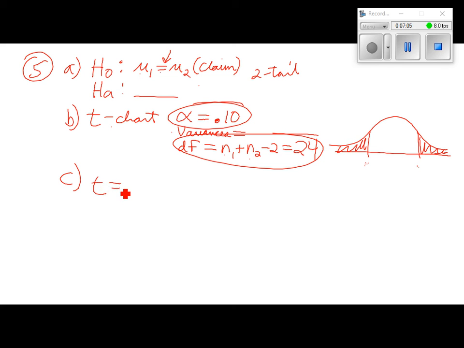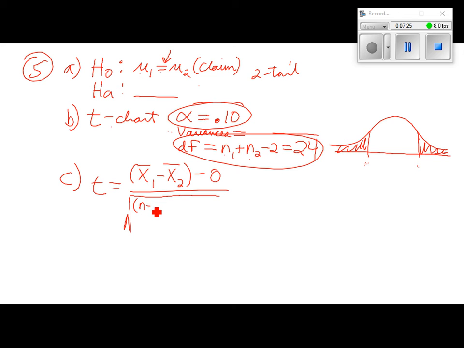C says find the standardized test statistic. The formula that you need on this one is x bar 1 minus x bar 2, again minus the mu's, which is just going to be 0, over, since the variances were not equal, we got to use this big long formula,